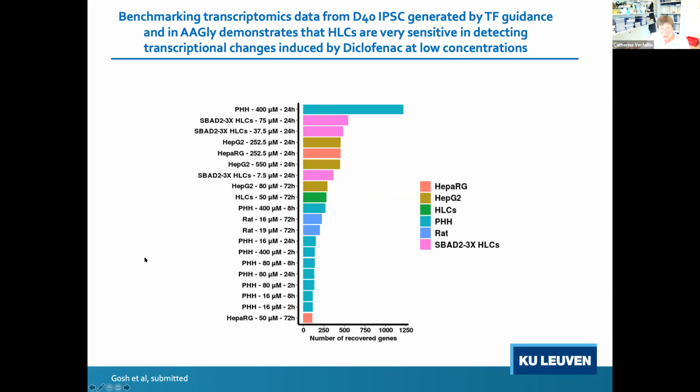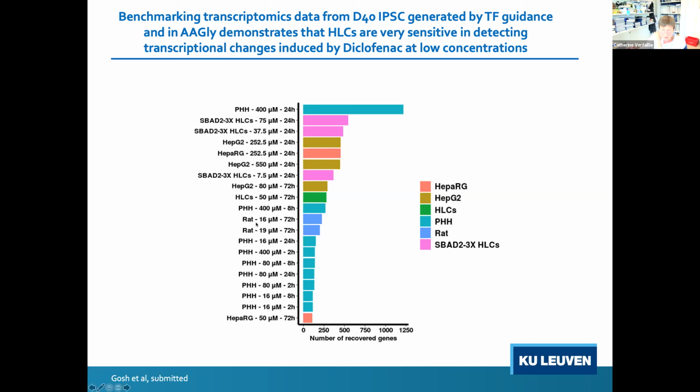We then did an initial benchmarking study of the transcriptomics done for one drug, and this was done as part of a Marie Curie project called IN3. So we exposed cells to diclofenac and did tempo-seq analysis of transcriptome changes 24 and 48 hours after exposure of hepatocyte-like cells to diclofenac, and then looked at the transcriptome studies that have been published for primary hepatocytes, HepG2s, HepRG,